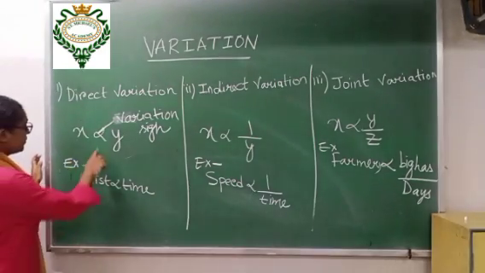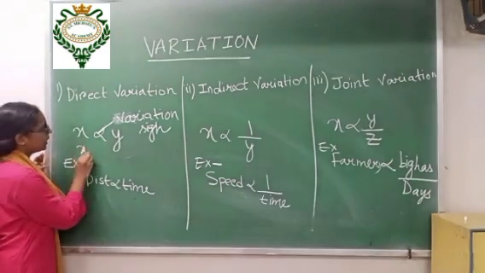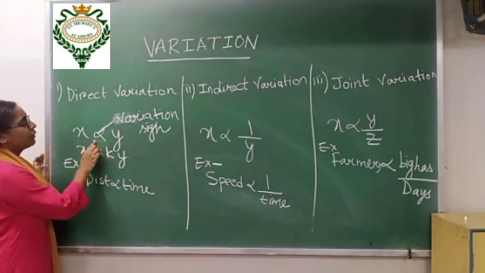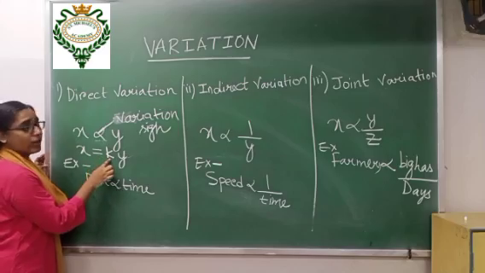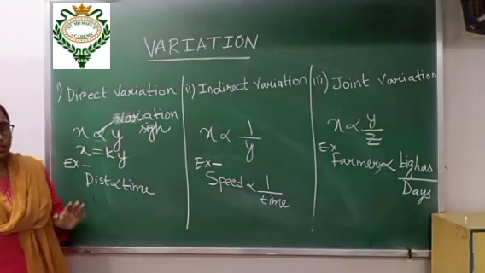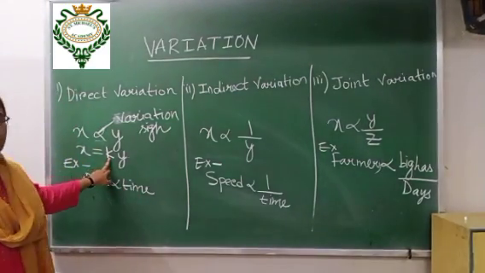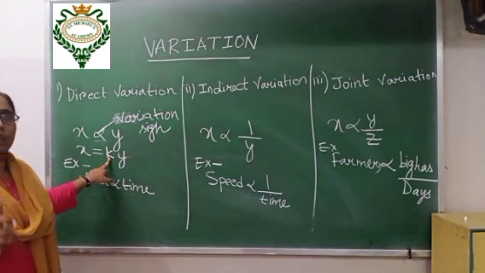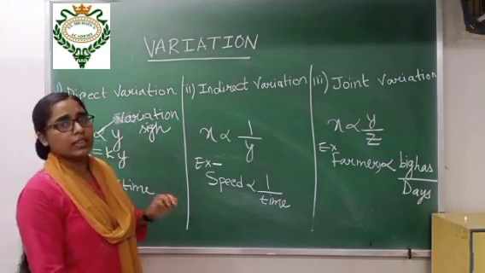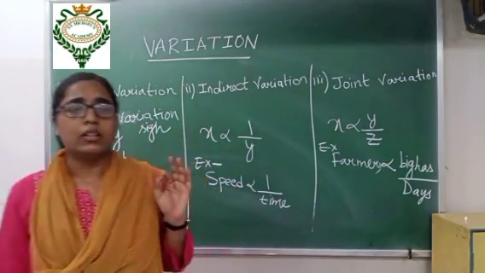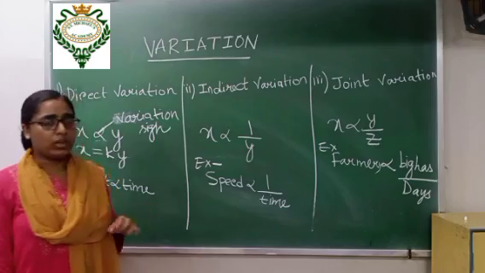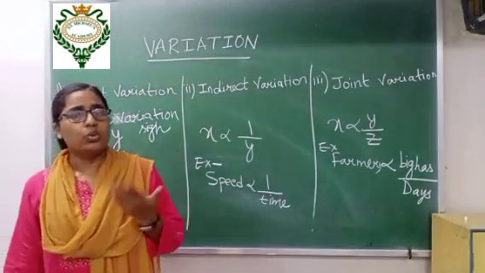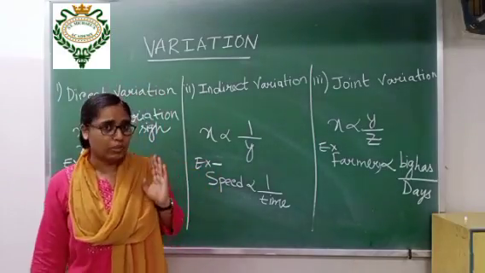Now to eliminate this variation sign, we give a constant and an equals to sign. See this one, I am removing this variation sign and giving equals to k. Whenever I want to remove the variation sign, I will give one k. You can take any other alphabets also, A, B, C, D, but the first time take k because in your syllabus they say the variation constant must be k the first time. The second time you can take the letters after k, M, N, O, like this, if you have more than one variable.